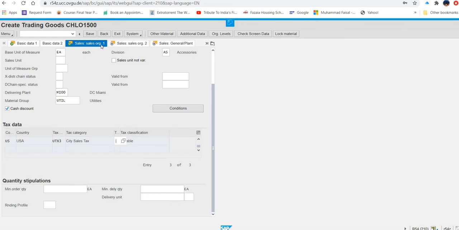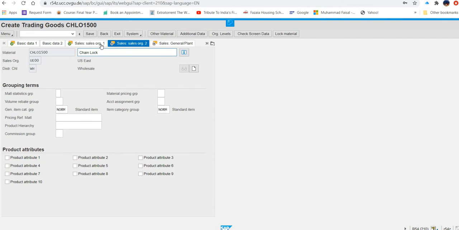Now, let's remove this. We are on sales organization 1 tab data, the delivery plant is there, and exempt we have entered. Then we have to enter 0 in all of these. Okay, so once we enter 0 in all these three fields, then we are here. Now what they are asking us is that under the conditions, you have to enter the weight also.